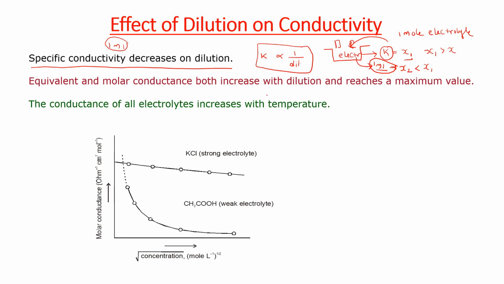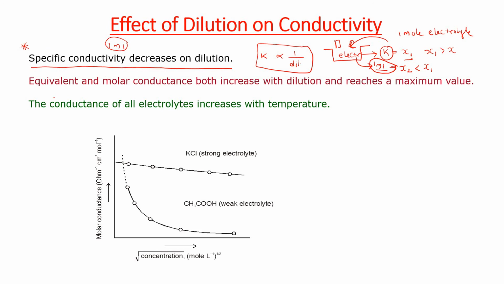So in examination, you may get this one as an assignment question. Why does specific conductance decrease on dilution? The question is, why does specific conductance or conductivity decrease on dilution? Very simple. The conductivity is with respect to the number of ions in 1 ml. The conductivity with respect to number of ions for 1 ml always decreases on dilution. This you need to write actually.